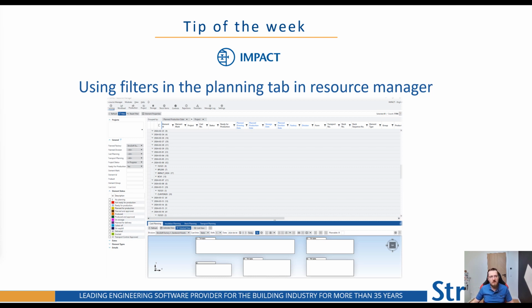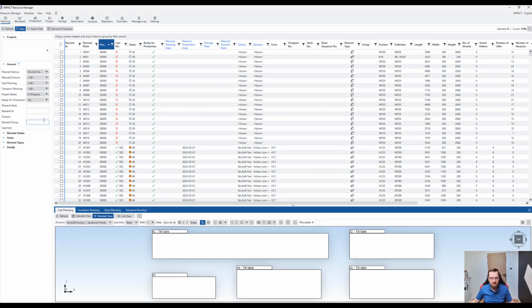And today I'll show you how to use filters in the Planning tab in Resource Manager. So without further ado, let's go to Resource Manager. And here we are. On the left side, you can see the actual filter section for Project Manager. This will allow you to control the data that you see whenever you browse all your projects in Resource Manager